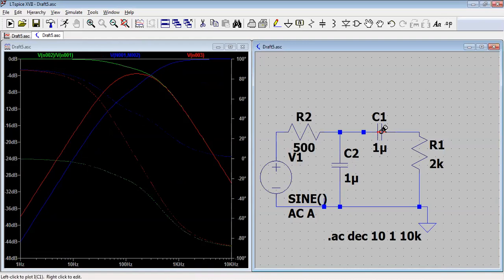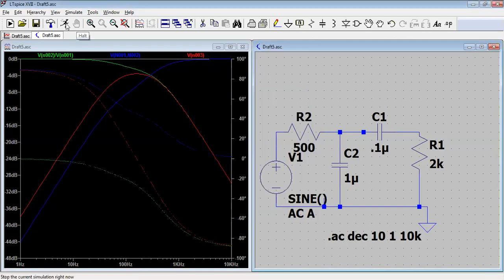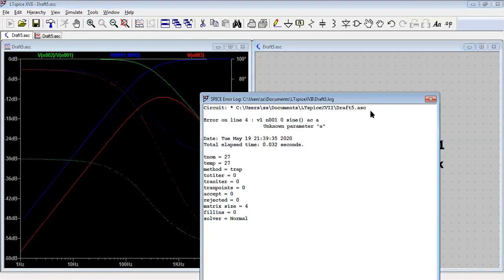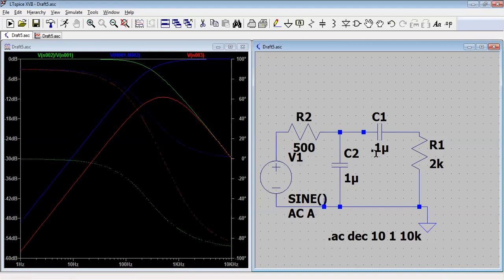So let me also do one thing. Let me change this 1 microfarad to 0.1 microfarad, then see how our filter will behave. So here, if I change this frequency as in a 1 microfarad, the high pass is following, but this band pass is not able to follow.